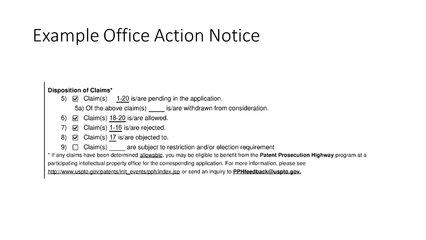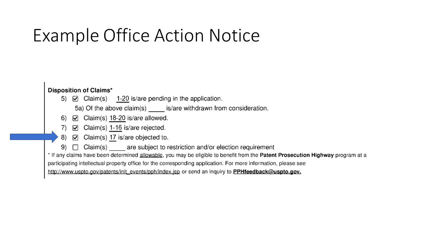Usually on page 2 there is a section called Disposition of Claims. Here is a sample from an application. So we have 20 claims total, which is the typical number in an average application. It indicates that claims 18 to 20 are allowable as written. Claims 1 to 16 are currently rejected, meaning not allowable as they currently stand. Claim 17 is objected to, which means it is not allowable exactly as written, but probably can be made allowable